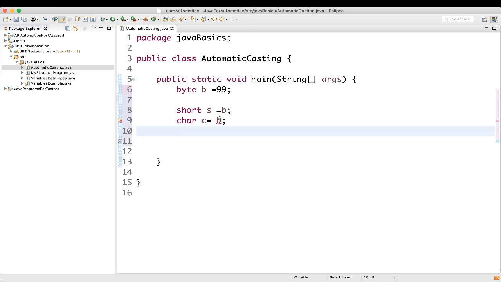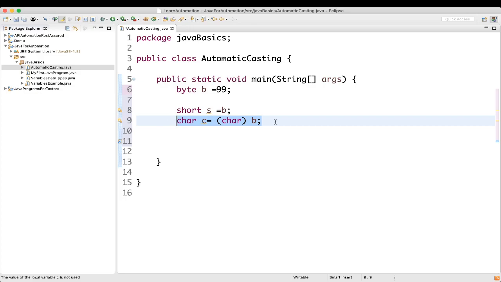You are seeing some issue, right? What is the problem here you are seeing? There is a type mismatch. Why is this type mismatch happening? Because automatic conversion is not supported from numeric type to character. That's why we are seeing this. So we need to perform a manual casting or explicit casting. You can click on this, and you will see this is known as explicit casting. Okay, let's go to the next one.